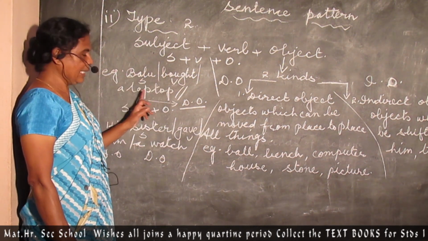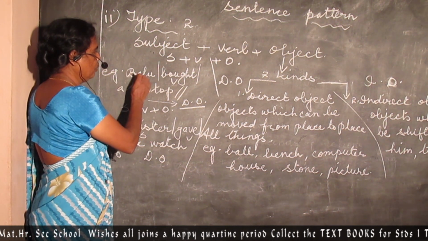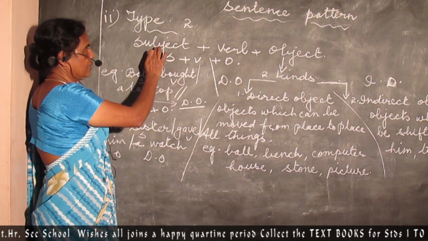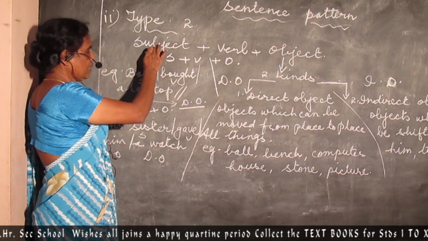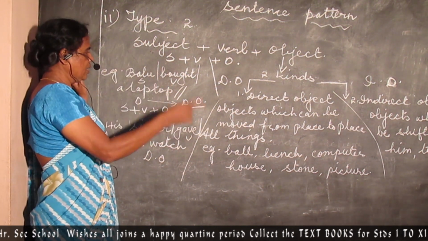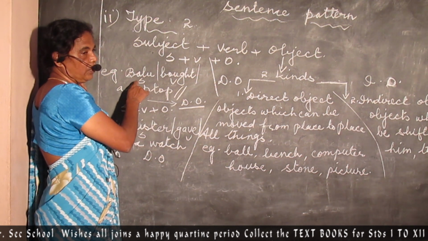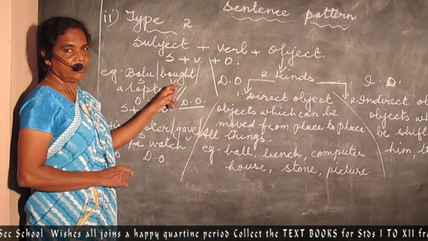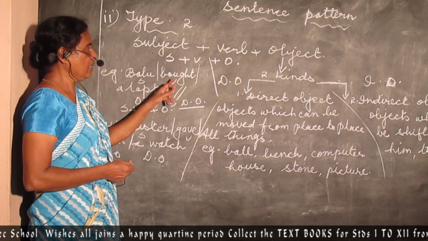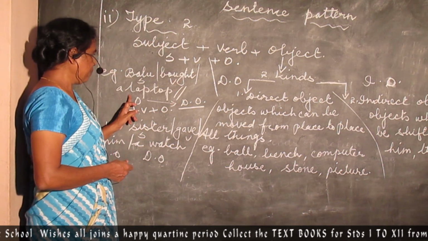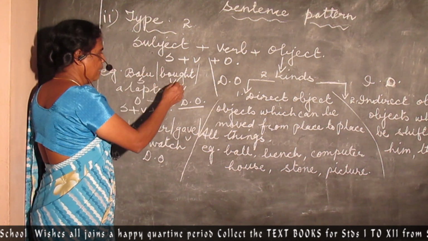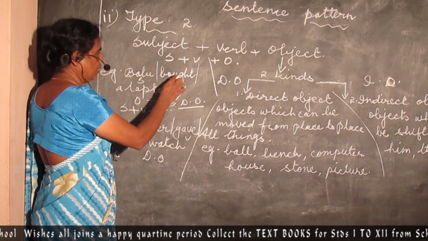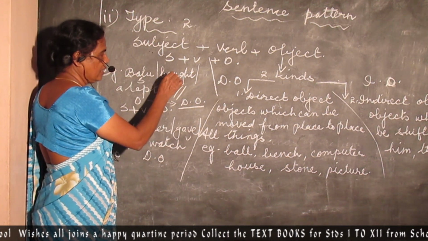Balu bought a laptop. Here Balu is a name, a noun, otherwise called a subject. So subject, name, noun, all the same. The example is Balu. Bought. Bought is a verb. We buy, we bought, past tense. Balu bought a laptop. Balu is the subject. Buying is an action. This boy Balu has already bought. So an action is a verb.